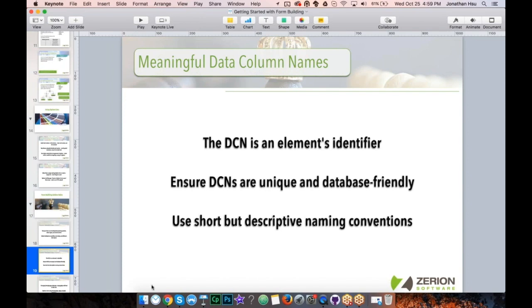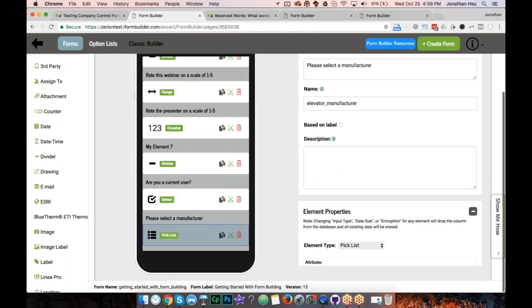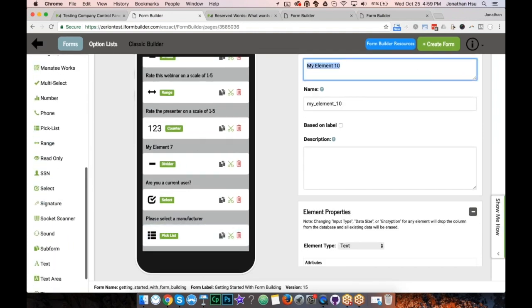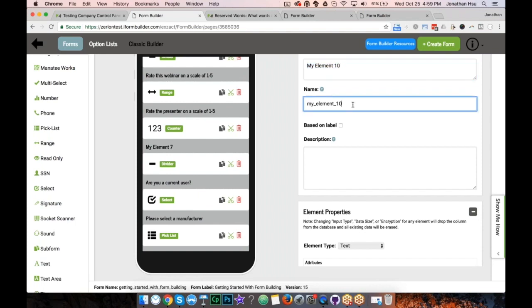If you notice, and I can go back into the form builder very quickly, if I add a new element, you'll see it's going to default to my element 10. And I know Barrett has experienced this as well as I have, where we'll see people's forms and they just have my element 1, 2, 3, 4, 5 down to like 56. And at that point, it's really difficult to know what the element is used for other than going in here